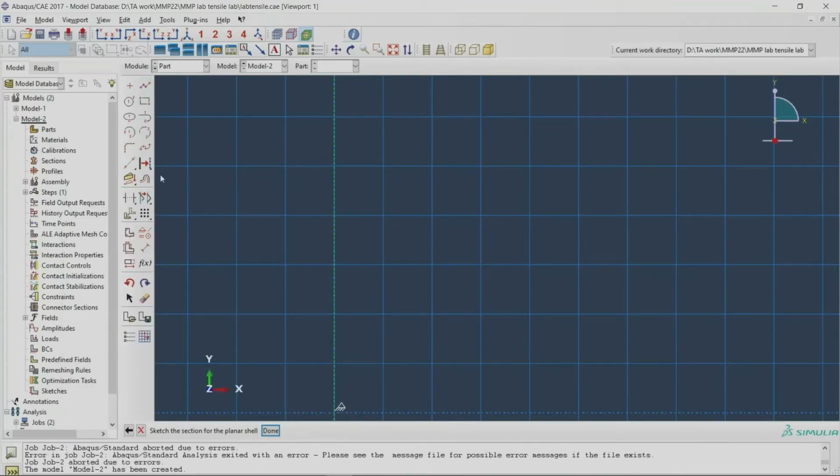So here are the normal design options. Most basic is this line command. Go to 0, 0, then 4.95, 0, then 5, 25. 25 is this length. Then 0, 25, and then 0, 0.